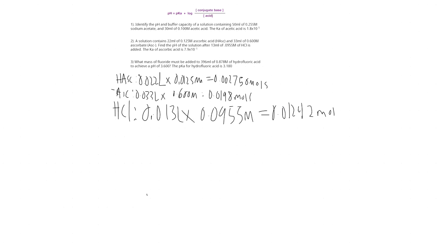Okay, so now I'm just going to do mathematically what I just talked about. We're going to subtract this and this because that's how much we used from ascorbate. The moles of HCl is how much we used. So let's do just that,